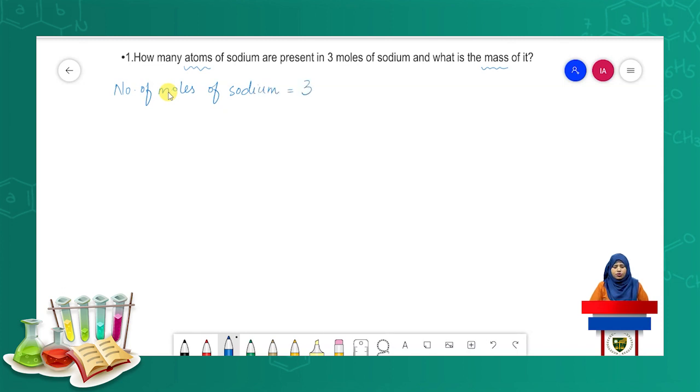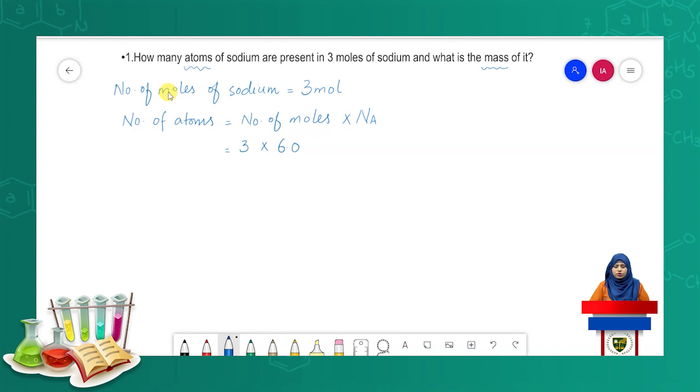So there are 3 moles of sodium। Now if we have to calculate number of atoms तो उसके लिए हमारे पास एक फॉर्मूला है। Number of atoms is equal to number of moles multiply by Avogadro's number। This Na represents Avogadro's number। करना अब हमें बहुत सिंपल ही काम है। We just have to put in the value of number of moles and Avogadro's number। Number of moles तो क्वेश्चन में given है which is 3 mole, और Avogadro's number एक कांस्टेंट है जिसकी वैल्यू आपको याद होनी चाहिए।